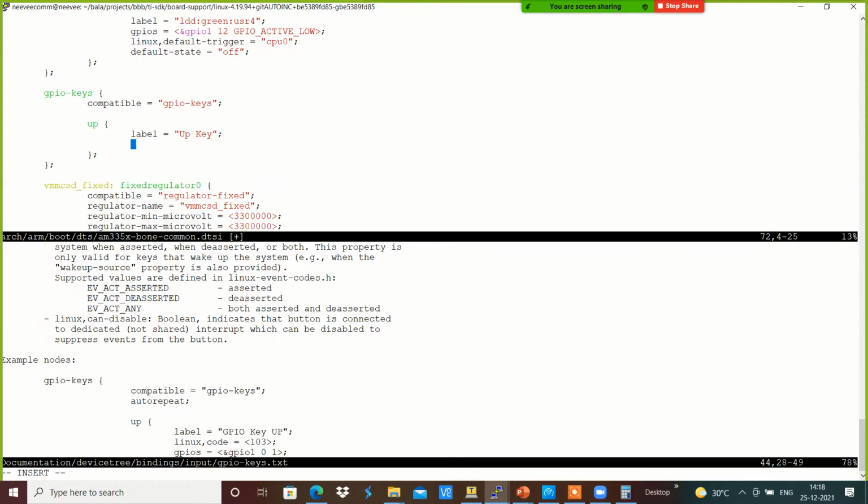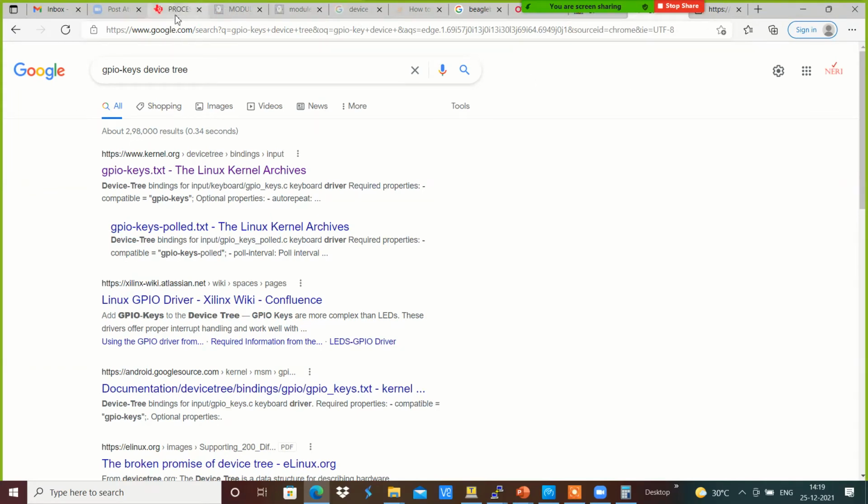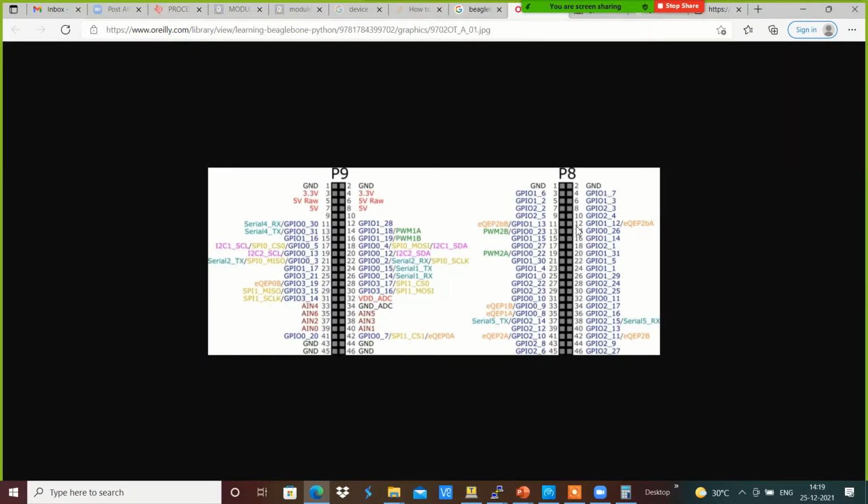Then the respective Linux key code for this one, we are defining 103 as the key code, and we will be defining gpios equals the GPIO that we are going to use for the keys, something like 2_2, 2_3, 2_4, and 2_5.